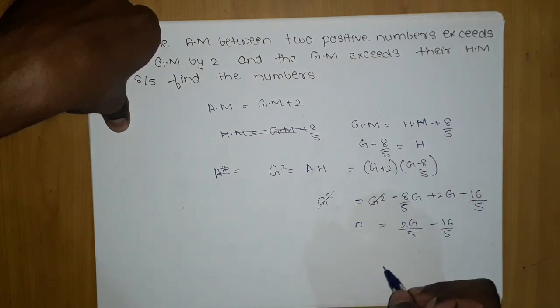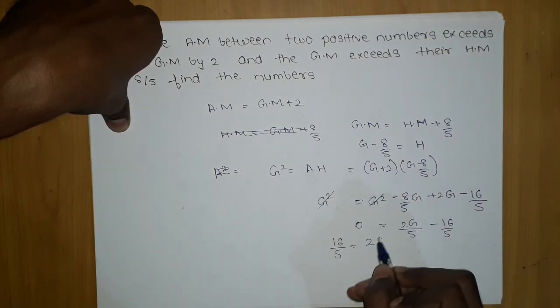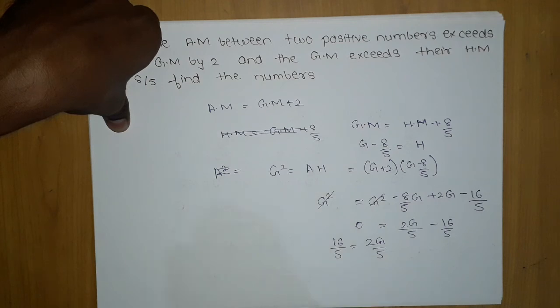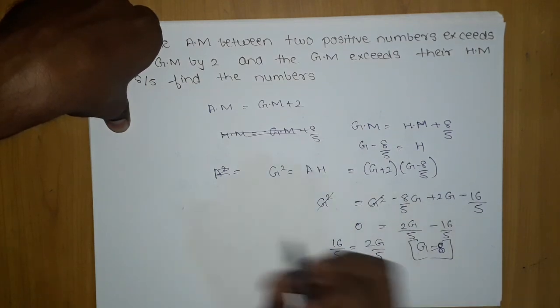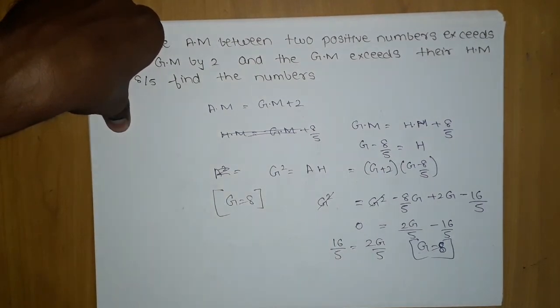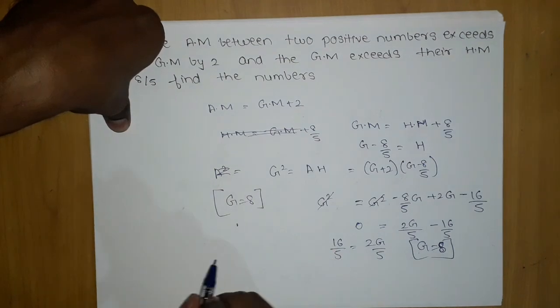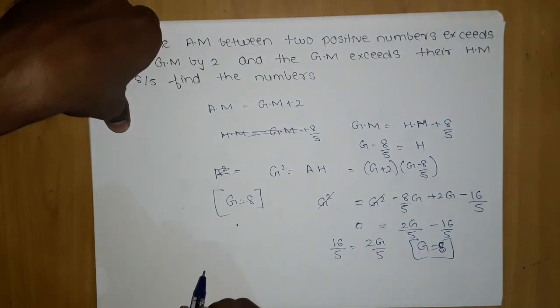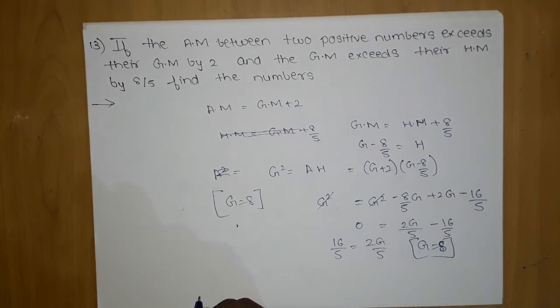Then if I move it to that side, we have 16 by 5 should be equal to 2G by 5, which gives me G is equal to 8. So G is equal to 8. Okay, so we got G is equal to 8. So what we can do,